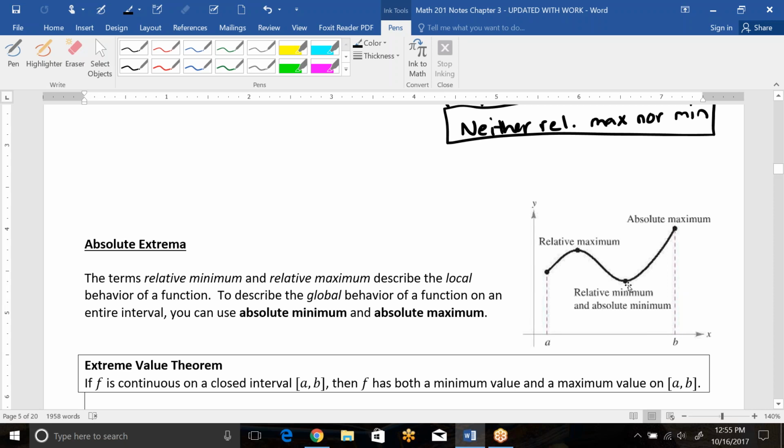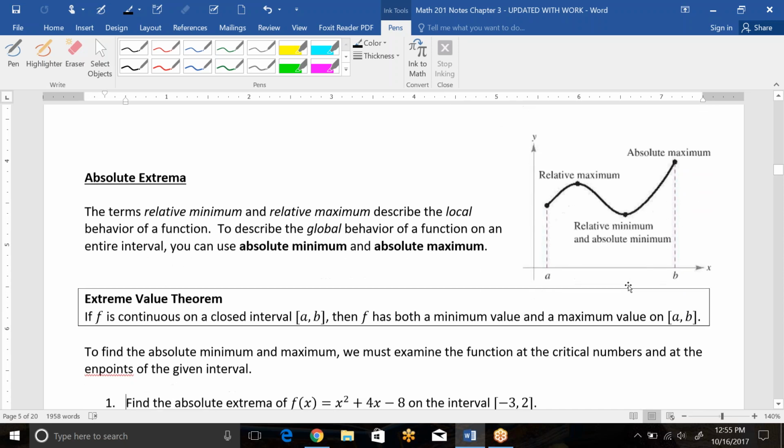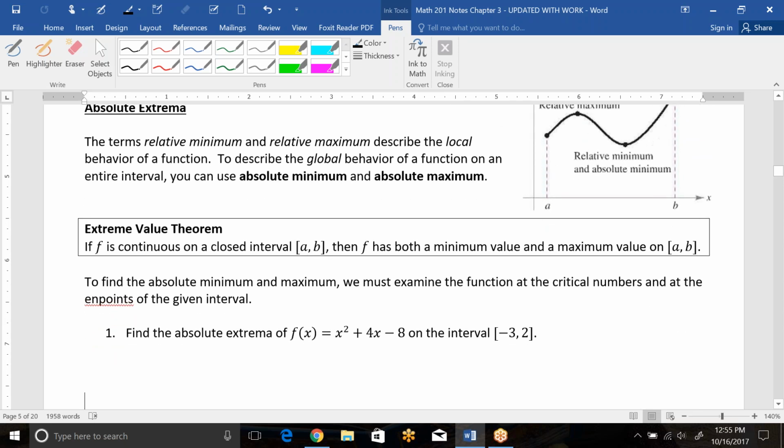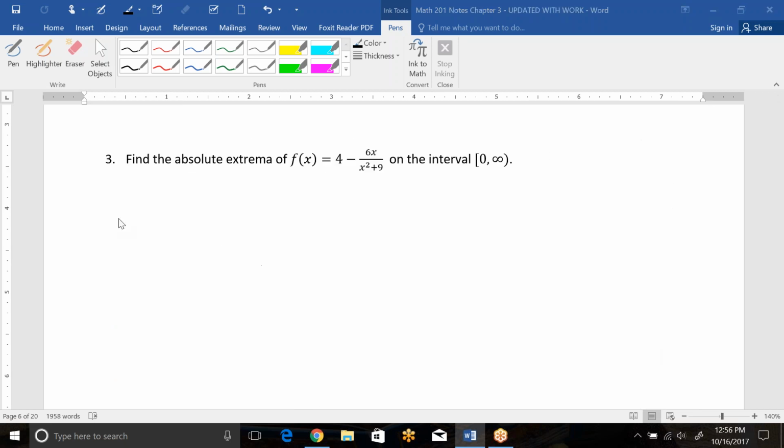So if f is continuous on a closed interval [a, b], then it will have both a minimum value and a maximum value on that closed interval. Now we did some of these in class, so let's find the ones that we had skipped. All right, so one of the ones we did not do was number 3. Find the absolute extrema of f of x equals 4 minus 6x over x squared plus 9